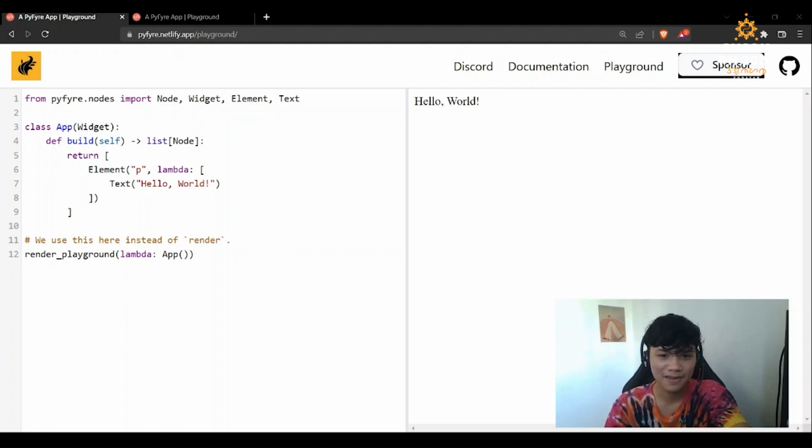Now, this is the PyFyre playground. If you want to experiment with PyFyre without ever creating a new project, you just want to experiment and have fun, you can visit pyfire.netlify.app. As you can see, it's running on Netlify. That is PyFyre in production, and I'm going to talk more about it later. So here, you can visit it on